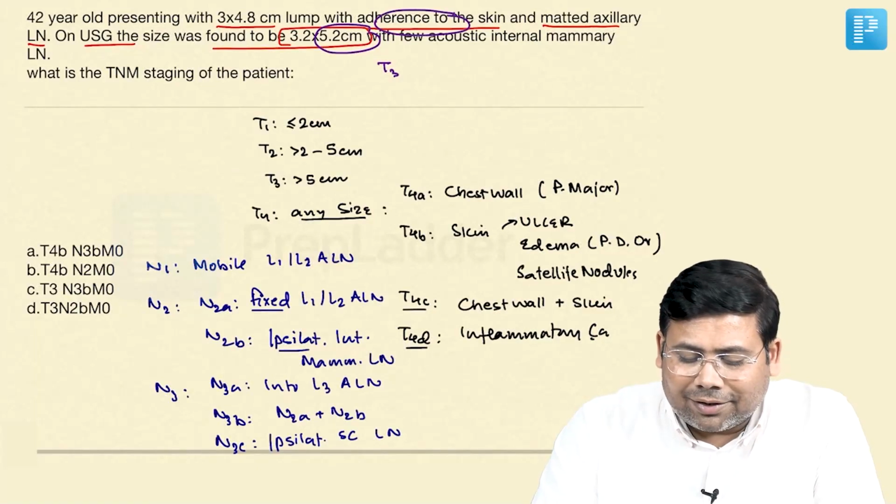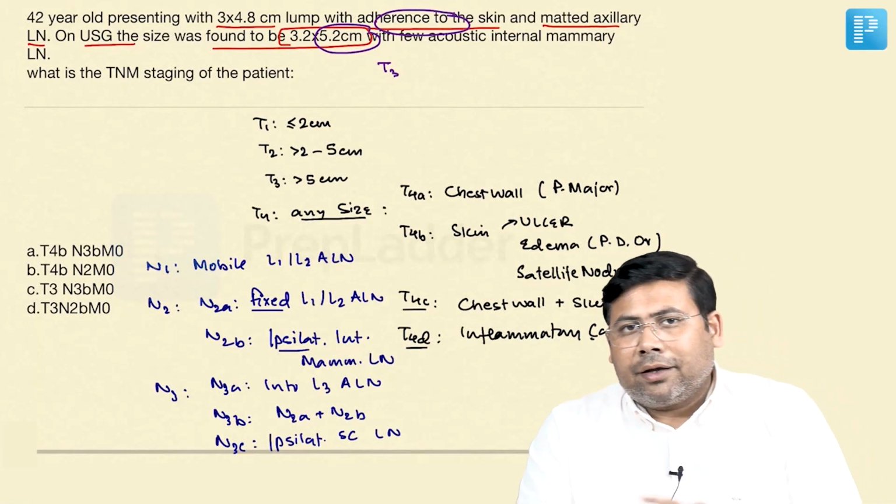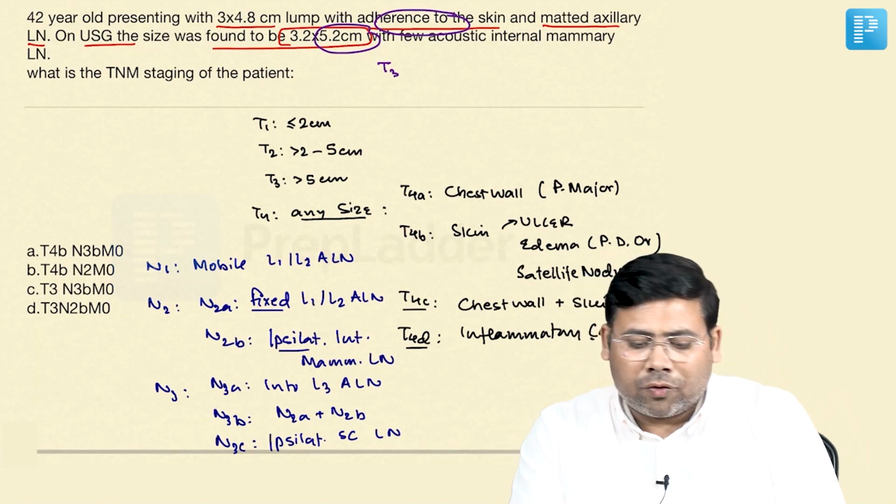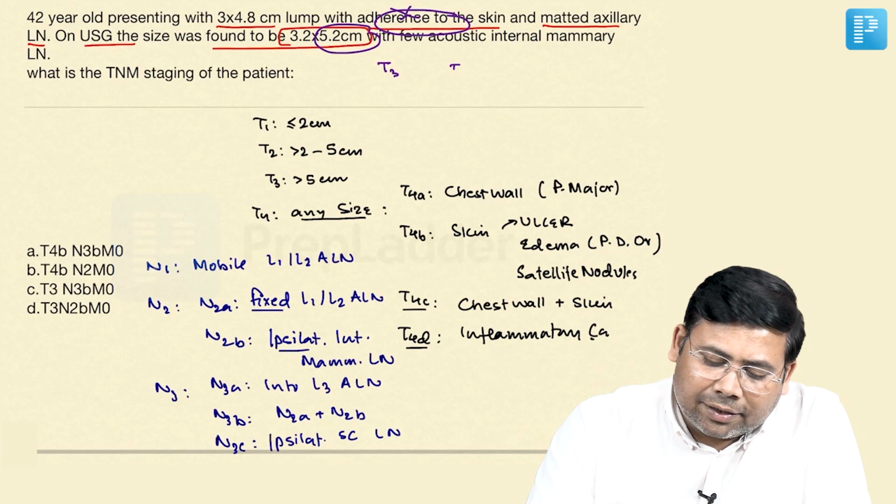But there is a query that there is adherence to the skin. Merely adherence to the skin doesn't meet the criteria of ulcer, edema or satellite nodule. So adherence doesn't mean that it is a what? T4B. So